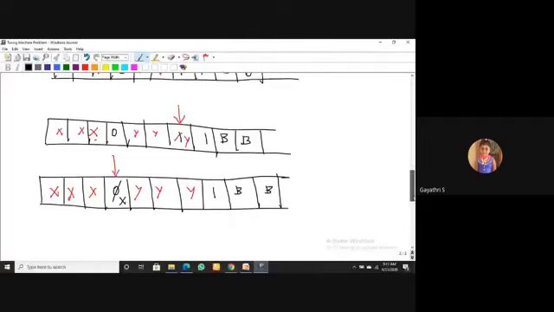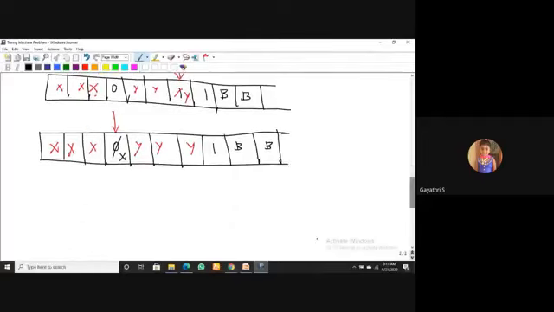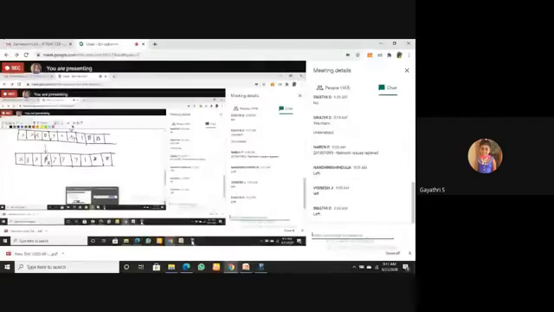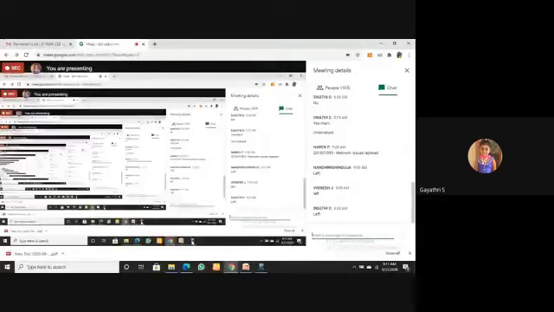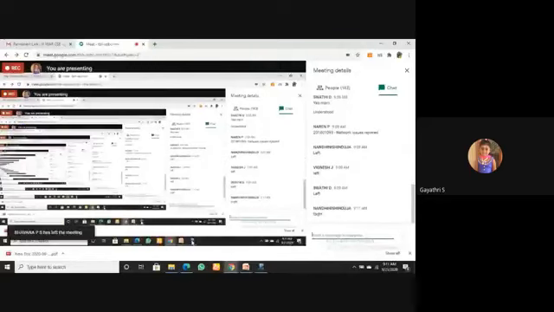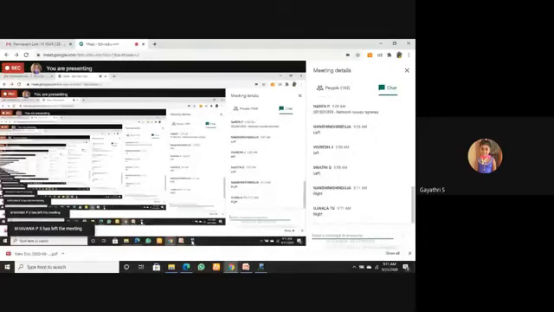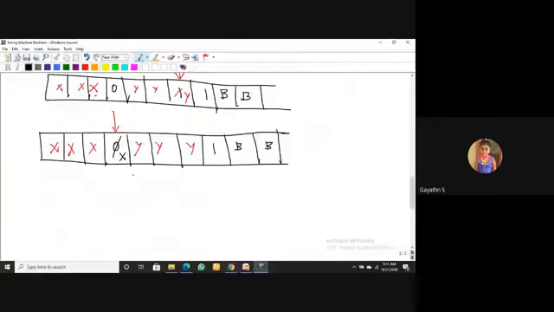Then which direction should I move as per now? Left or right? Now the 0 is replaced by x. Then after the 0 is replaced by x, right direction. Take it in the right direction. Okay. So in the next step, what's our goal while moving in the right direction? I have to find the 1, right? I have to find the first one. So in the next step, I will come here.